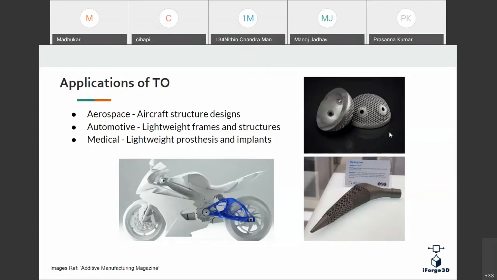So in this particular image, you can see it is a kind of mesh structure. We call that a lattice optimization. That is the next thing after the topology optimization. Once the topology optimization is done, we go further to the lattice structure optimization. So we can say it is a little advanced, and it is one of the trending things in additive manufacturing.